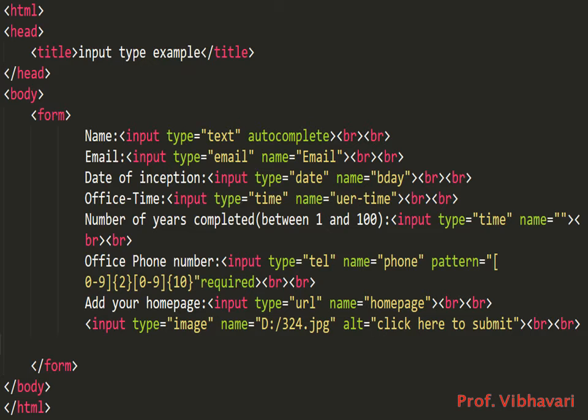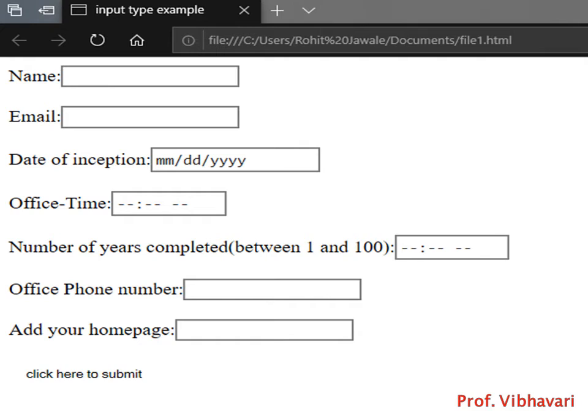It is the word I have used, the restriction. It means I give restrictions on the input. And now here I am showing you the output of that previous HTML code. Name and the email fields are representing the text box field to get the input from the user.